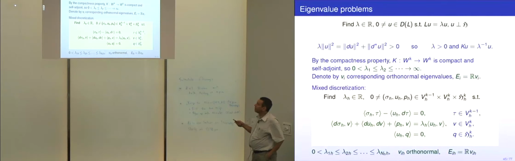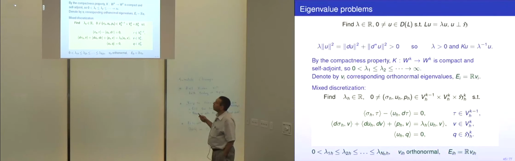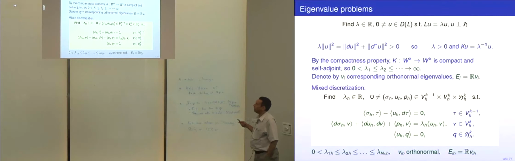Give a name to the eigenvector, so let v_i be the eigenvector corresponding to lambda_i. Normalize it so it's of length 1. And if there are no multiple eigenvalues, they're automatically orthogonal to each other. Eigenvectors for different eigenvalues of a self-adjoint operator are orthogonal. If you have a multiple eigenvalue, say lambda_1 equals lambda_2, well then really v_1 and v_2 are not determined. Just the span of the two of them is determined, and you could take any orthonormal basis for them.